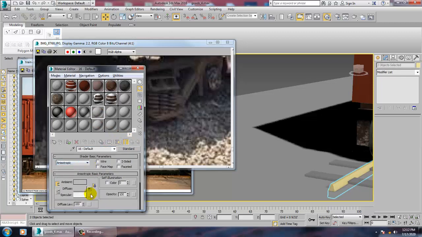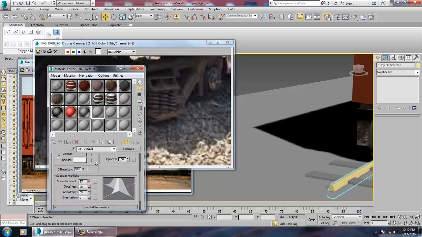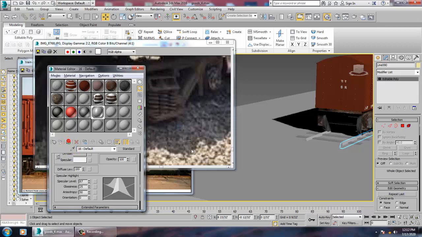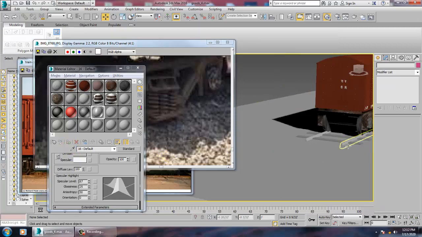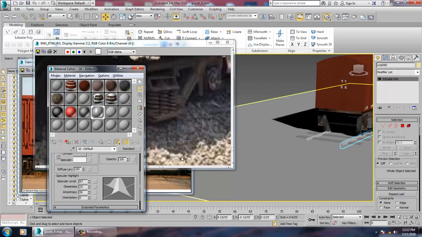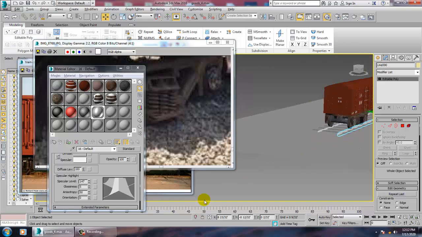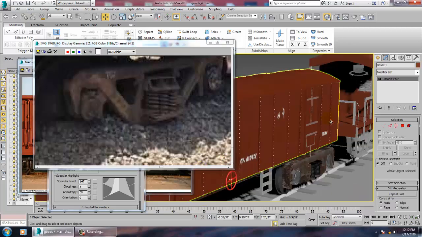Set it as anisotropic. So keep on saving the file.